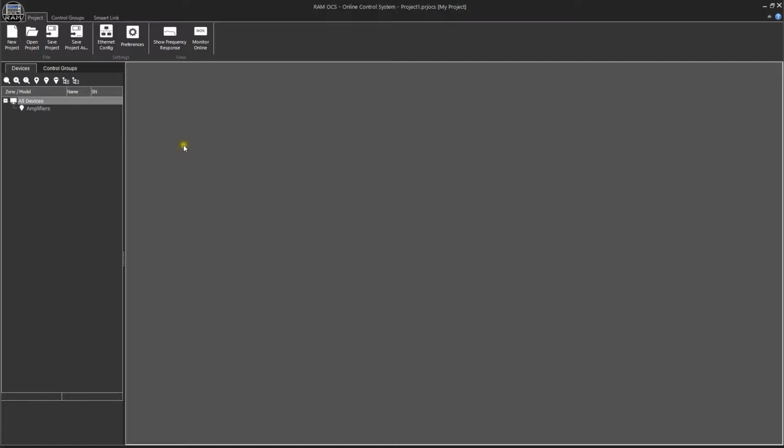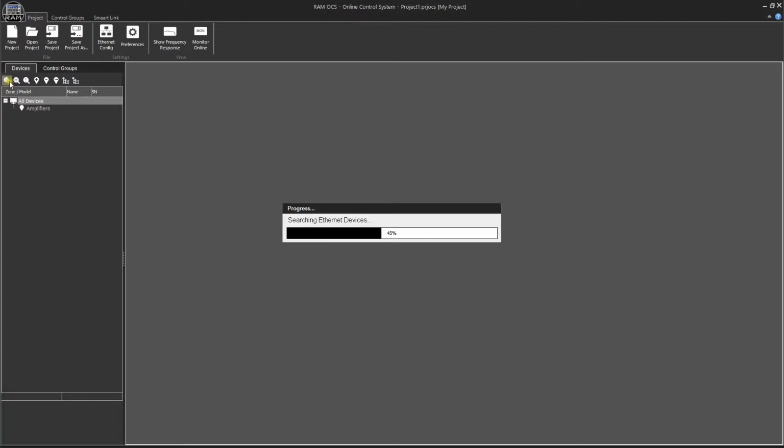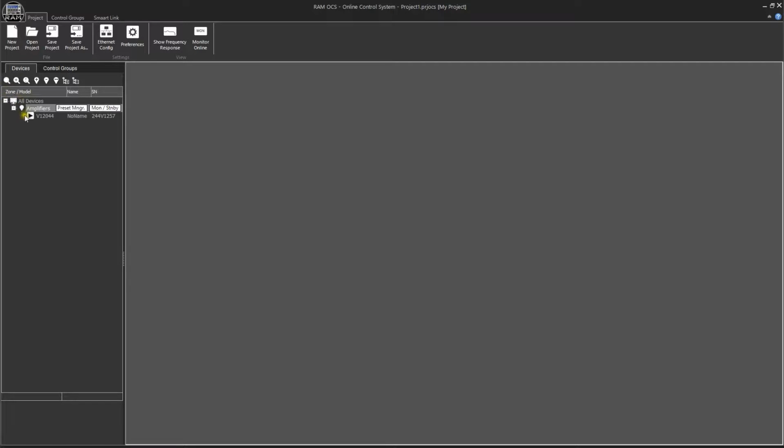Let's imagine, for example, that we are going to install three-way systems which will be located in 24 different zones. We will need to create the necessary control groups to adjust the gain and delay by zone and also by specific ways. To start, we need to place the amplifiers in their desired locations and turn them on one by one for easy identification. If we knew the serial number and location of each, we could turn them all on at the same time. Next, we create the necessary zones.